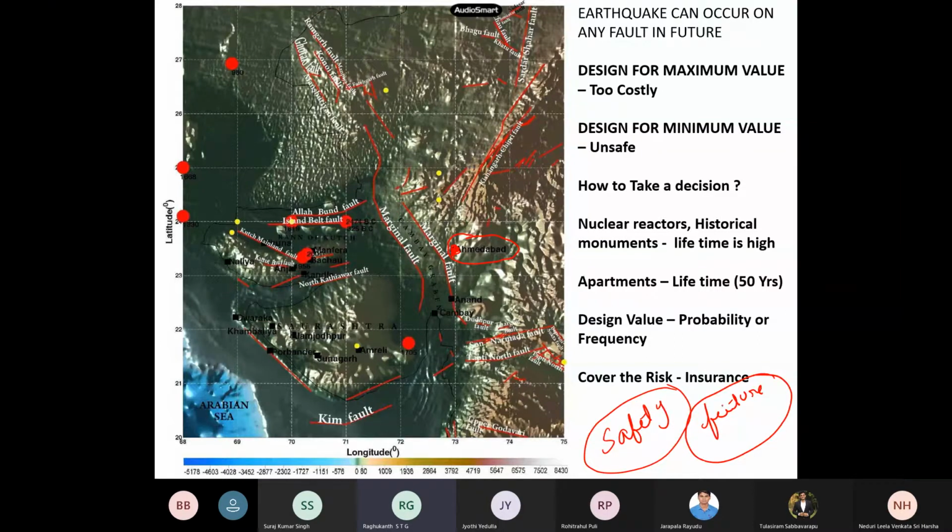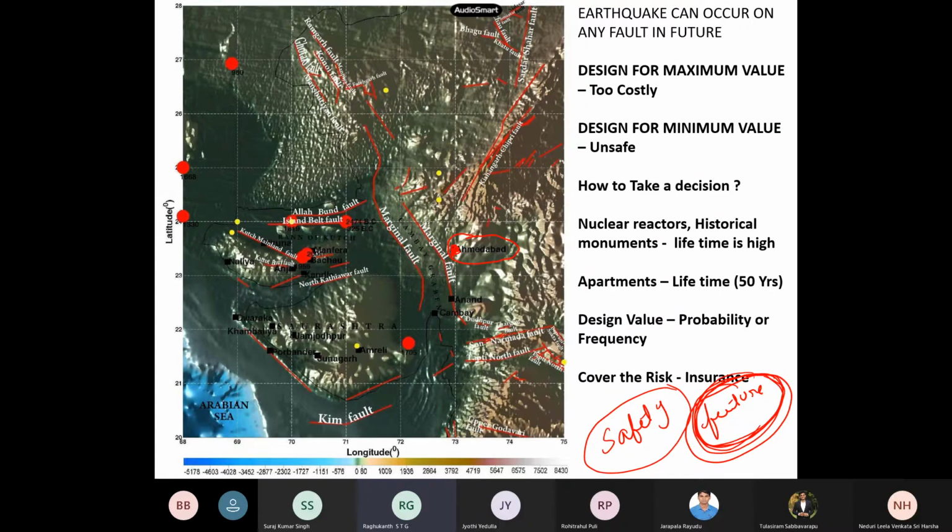So whenever you are designing a building, we want the building to be safe in the future, that is, in the design life. This future is a very, very dangerous word. Why is the future a very dangerous thing? Unpredictable, uncertain. Anything may happen in the future. This is the most important challenge for a design engineer, because we want safety, serviceability, whatever the code says, but we want all these things to hold in the future.